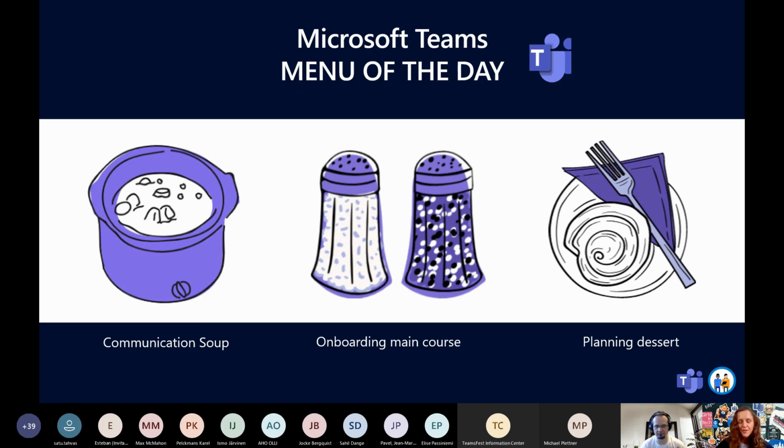However, from the adoption perspective, we noticed that giving people the tools is not actually the best way of adoption. It's important to describe scenarios that would be useful for these users. They can see how to make some daily processes inside Teams, how to make their life easier with Teams, how to have fun with Teams. Therefore, we decided today to show you 3 different examples: communication soup, onboarding main course, and planning dessert. A few of these applications we are going to present are a piece of cake for you for sure. I hope that the others can be an inspiration for how Microsoft Teams as a platform can be used currently